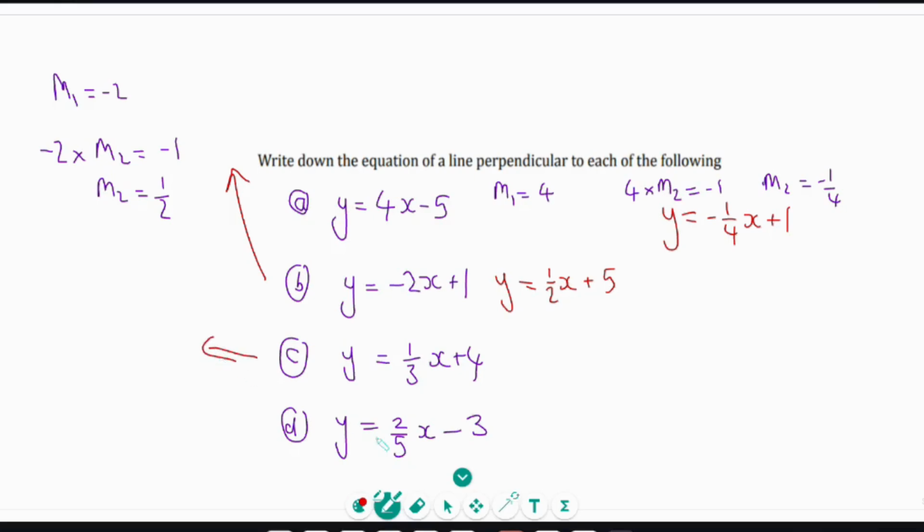Okay, next one, part C. Our gradient here is 1/3. I know 1/3 times m2 is negative 1. Divide both sides by a third. We get m2 is minus 3, because minus 1 divided by a third is minus 3. So the equation of our perpendicular